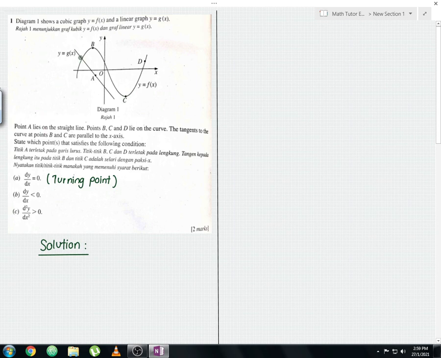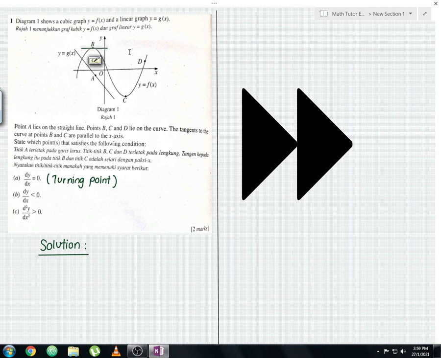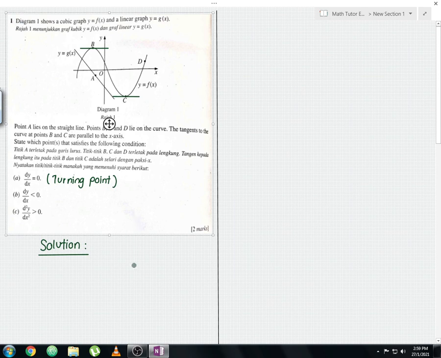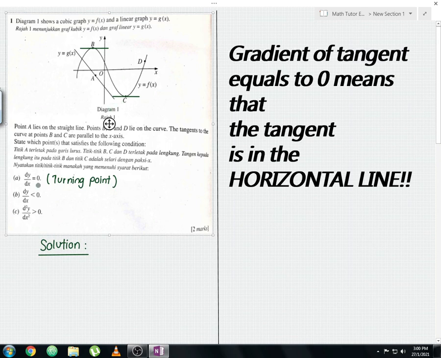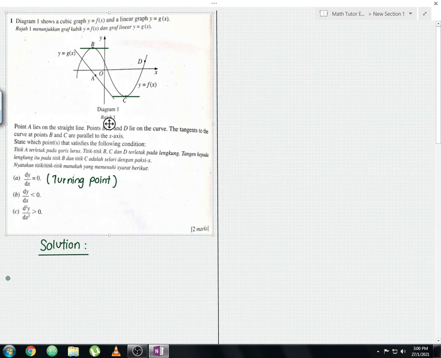In this case, point B and point C are the turning points where dy/dx equals 0. To further support the statement, let me draw the straight line, guys, to show that dy/dx equals 0. This clearly shows that points B and C have a gradient of tangent of 0, which in this case is dy/dx equals 0. So therefore you know that the answer for part A is